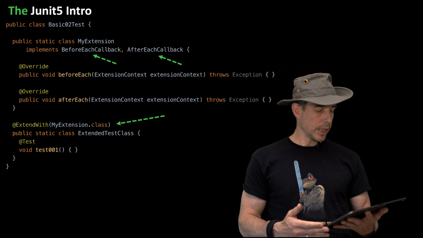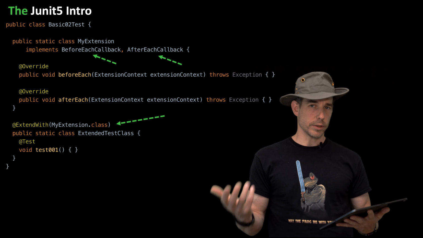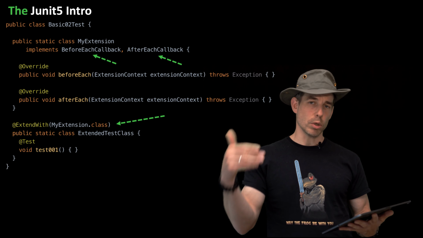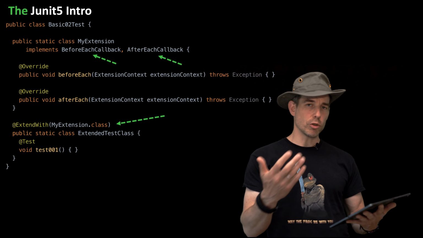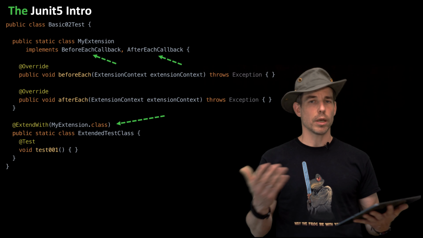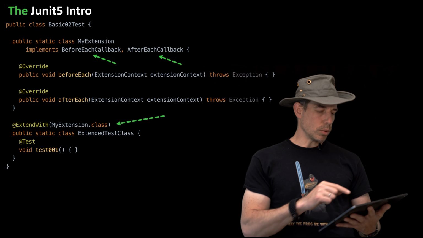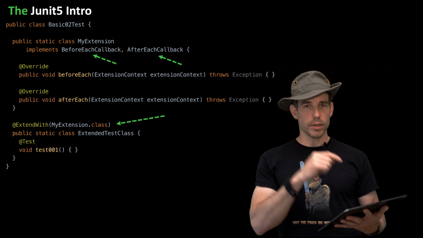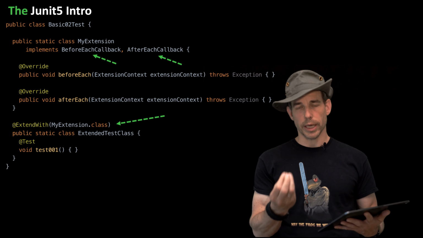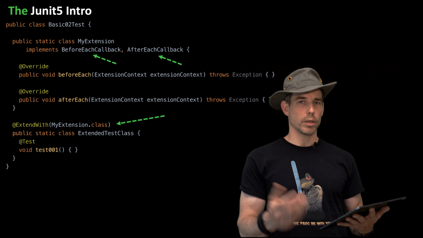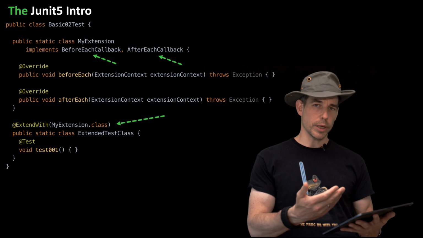And to customize this, you just have to create a class. Then think about the lifecycle steps you want to extend or customize, where you want to hook in. And then you implement these functional interfaces, BeforeEachCallback, for example, and AfterEachCallback. And then you see inside this method declaration that you will get an extension context. Inside this extension context, you will find all the information you need about the invocation, and this is a place where you push state